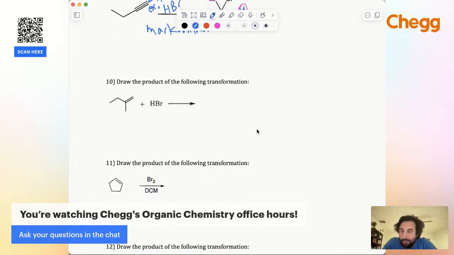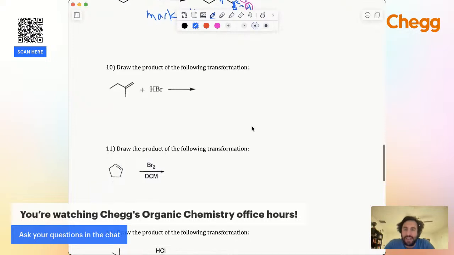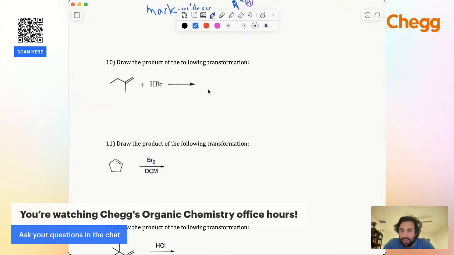Speaking of Markovnikov hydrohalogenation, we have this again. Now, this time we can go ahead and do the mechanism. So let's explicitly draw that HBr bond. Now, we have a pi bond. Remember, in any electrophilic addition reaction like this, the pi bond is acting as the nucleophile. This is a polarized bond because of the discrepancy in electronegativity between hydrogen and bromine, and then the electrons in that bond are going to leave with the bromine to make the bromide. So we get